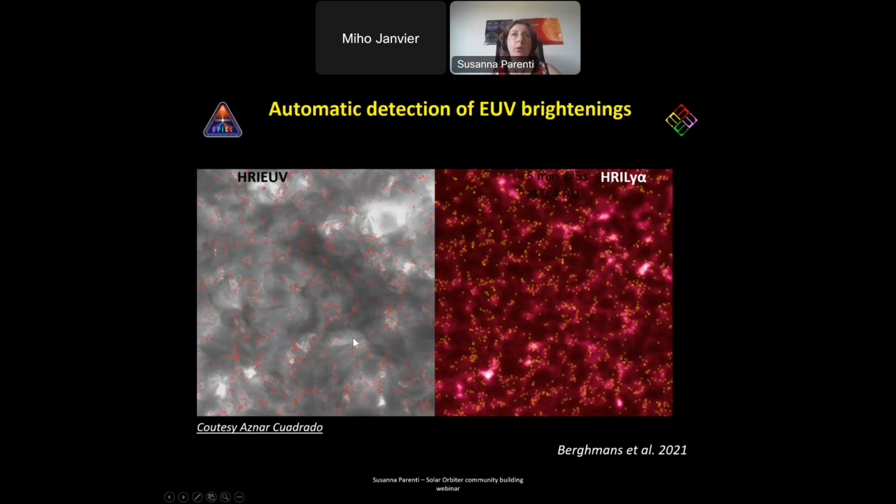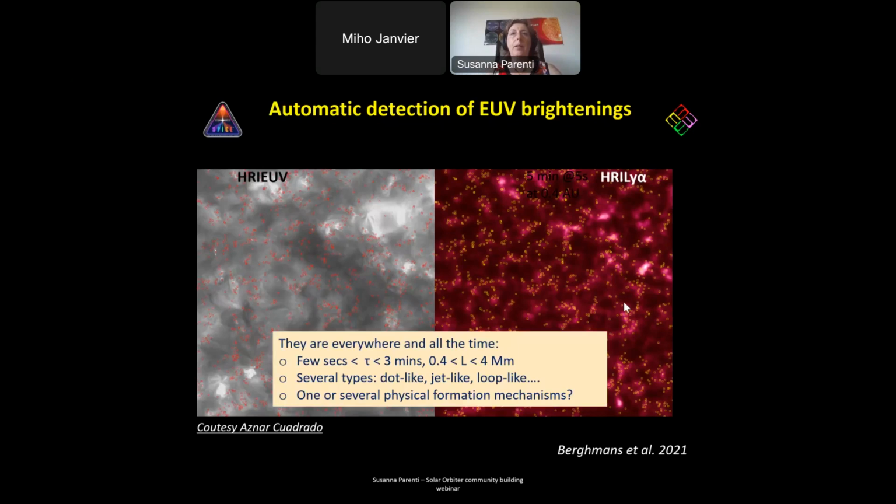So when you look at the coronal band, you see that they are everywhere. But when you look at the Lyman alpha, you see that in fact they are mostly concentrated around the network regions. There are people that study this aspect too. And this paper provided the first general properties of these events,